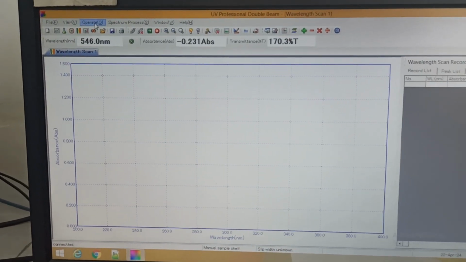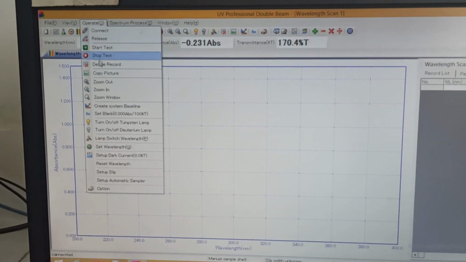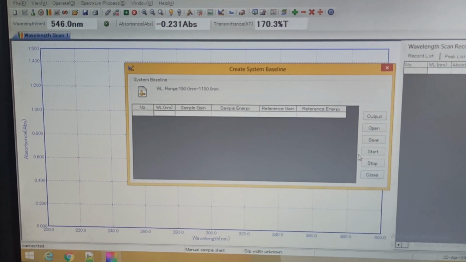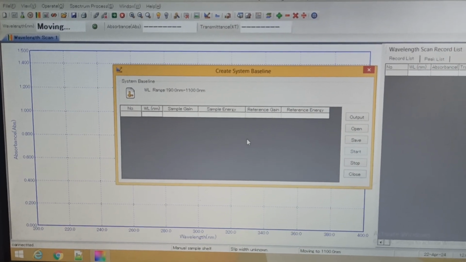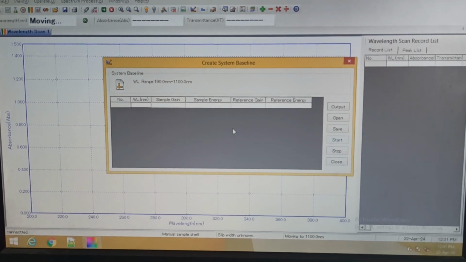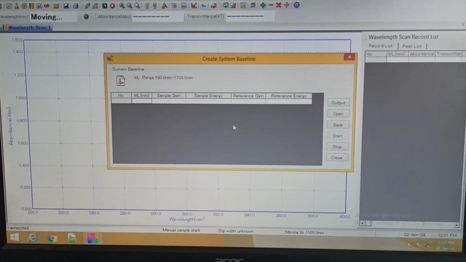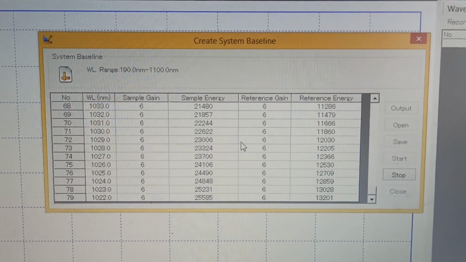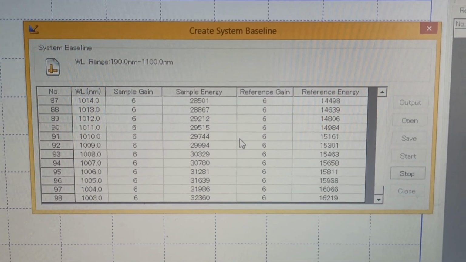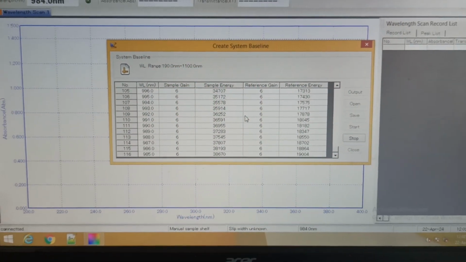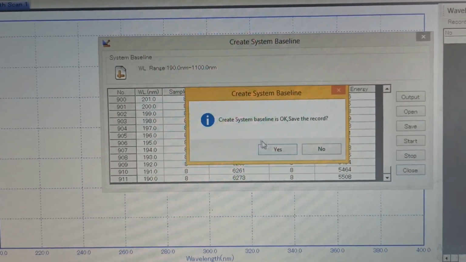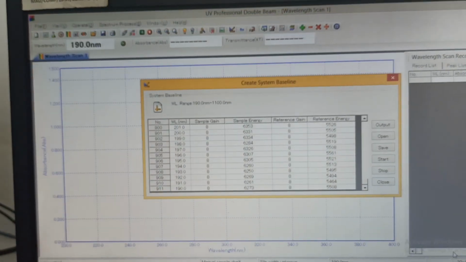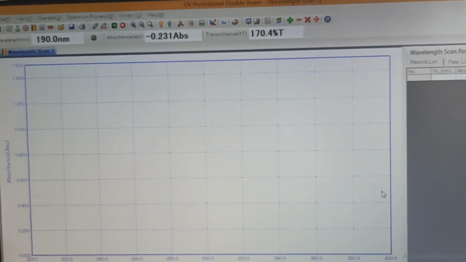Go to Operate menu. Then click Create System Baseline. And then Start. Save the record and then close it.